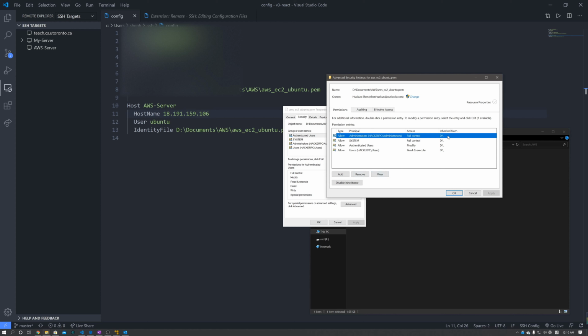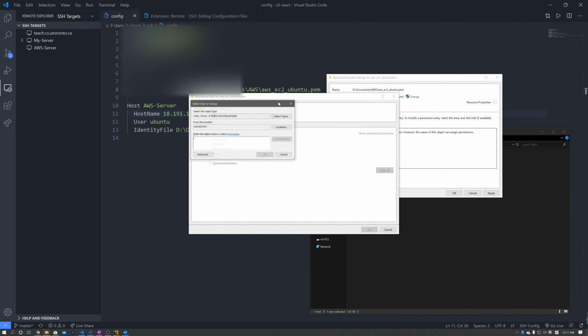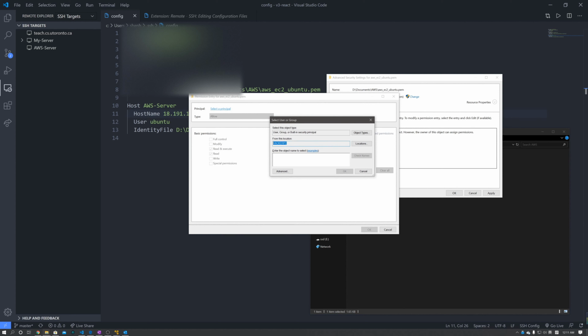And I will do this by disable inheritance first. And inherited from will be all none. Then I can remove them. I will remove everyone and add myself. So here you can copy this, paste it. So